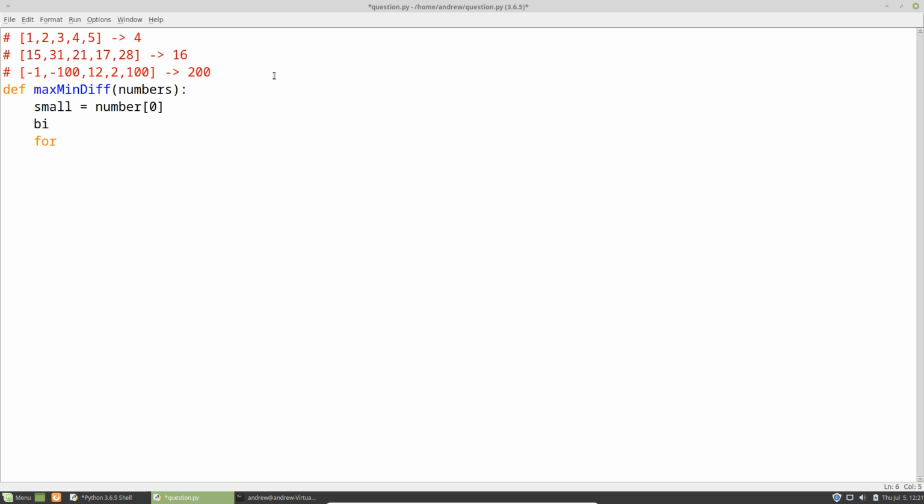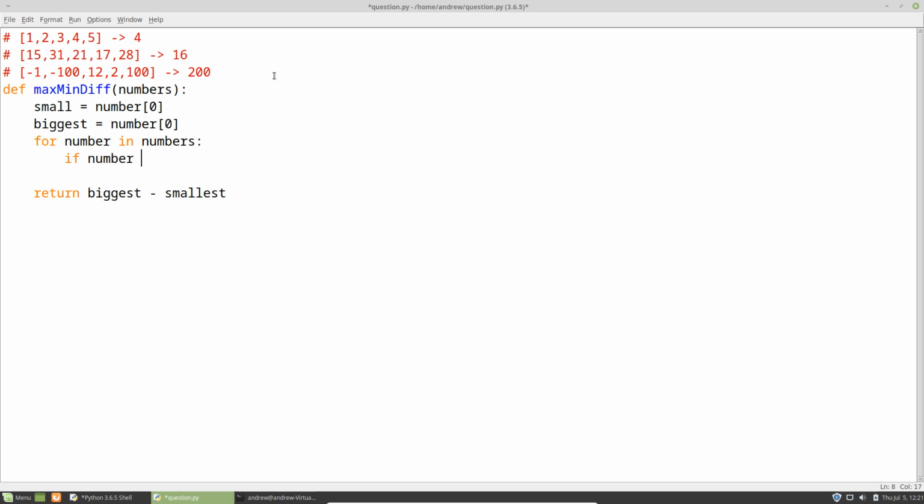I'm also going to assume that the first number is also the biggest number. Right? And at the end, I'm just going to return the biggest minus the smallest as the answer. So now I've got to actually go through and find the smallest and biggest. So for number in numbers,